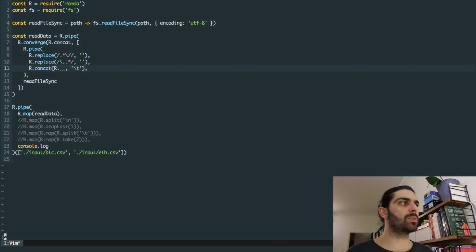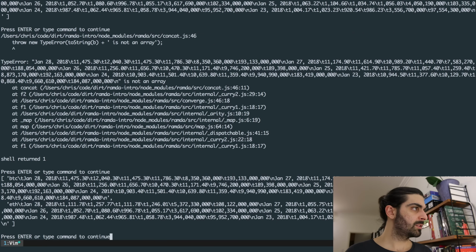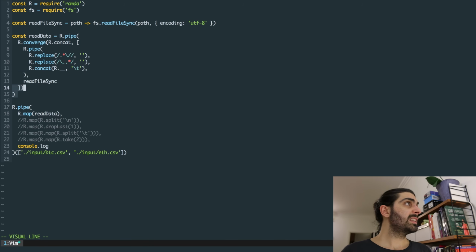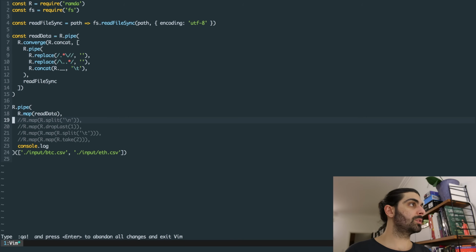And probably I'm confused here and I'm in a rush, so I'm trying to figure out a way that isn't really elegant, and we can probably figure out a different way to do this. Anyways, let's look at what happens if we do that. So that actually works. So then we have btc/t and we have eth/t. Pretty cool. So read data works, read file sync works,